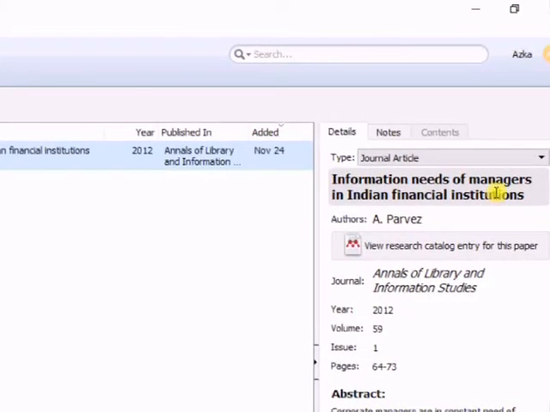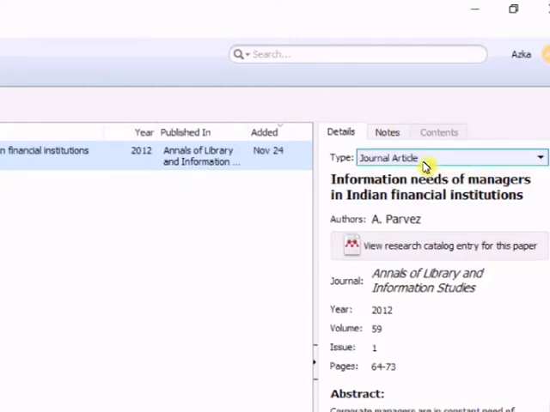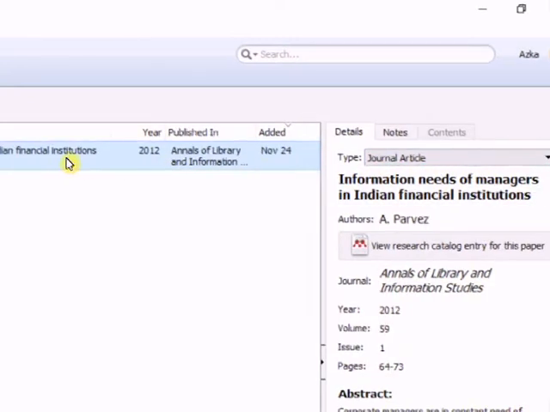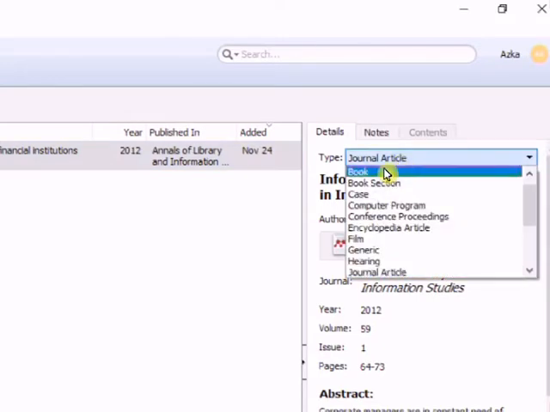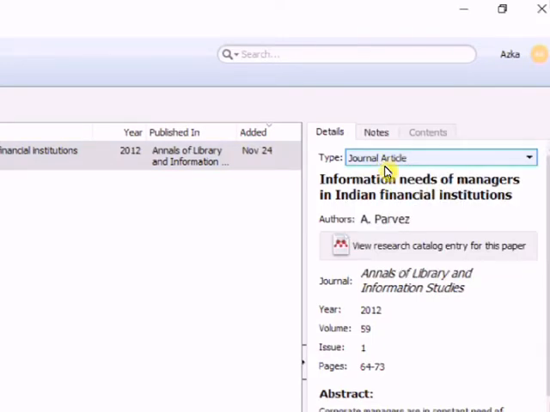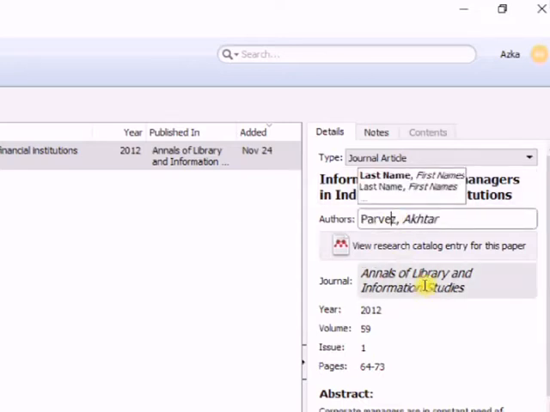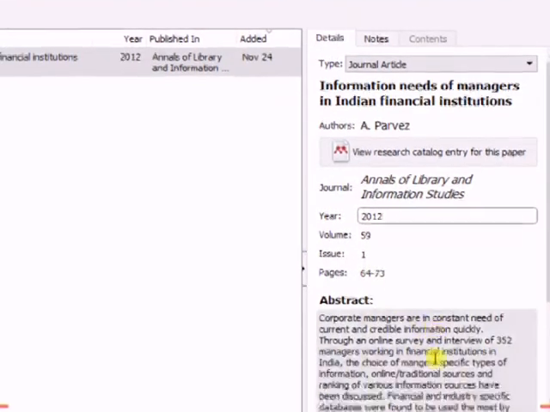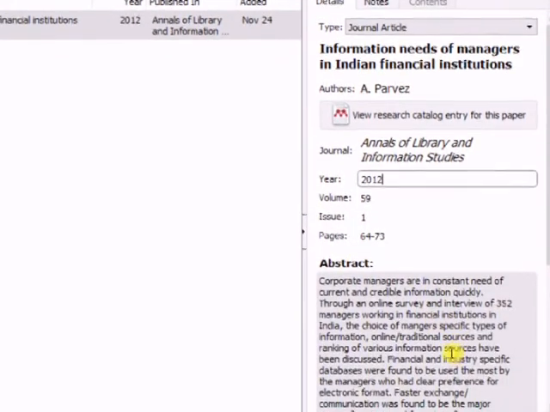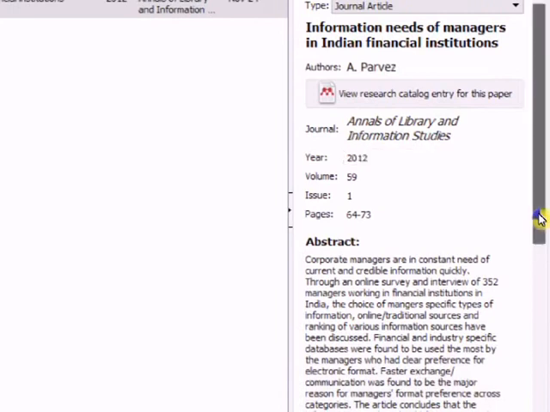On the right hand side, you see there is a panel where all the details of this particular article have been captured. One is that it is recognized as a journal article, so it has given this type. This is the title of the article, this is the author, this is the journal title, this is the year of publication, and so on. It has also added the abstract.